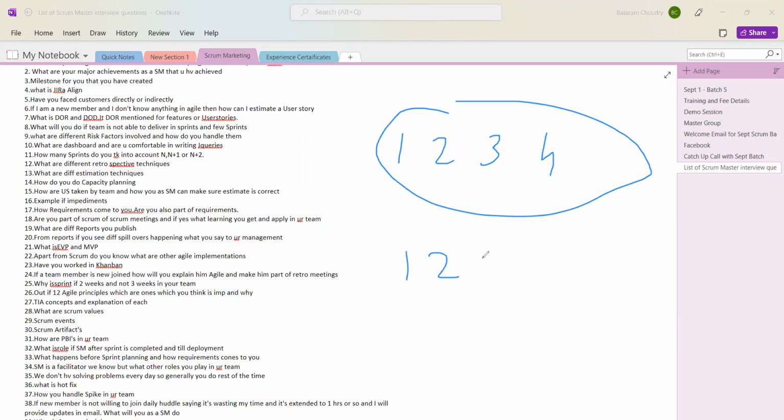5, no. 1, 3, 5. Yes. No. Okay, 1, 3, 5, 8. Right. Okay, now 13. So if you look at the difference in each number, you will see an average 60%